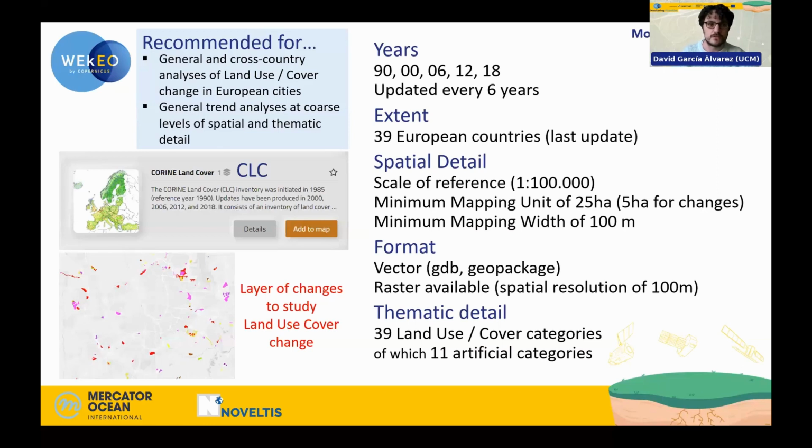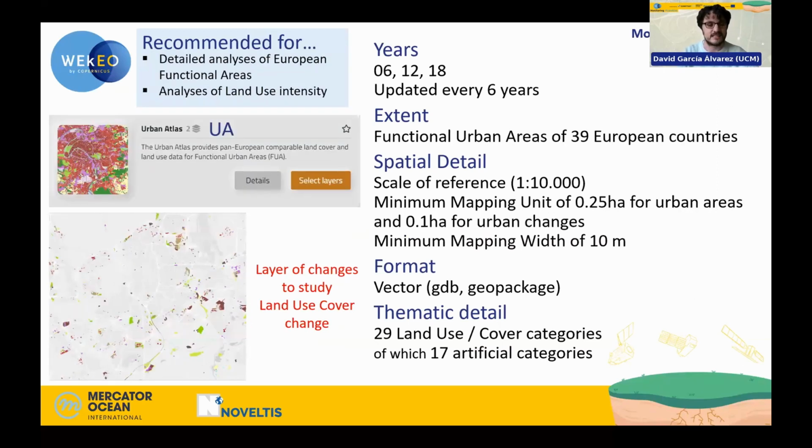For this, we would need to use the Urban Atlas, which is quite similar to Corine. It also differentiates between different land use or land cover categories, what is industrial, what is residential, what is an urban park, etc. And it also gives us some information about land use intensity. In this regard, it has several categories that allow us to differentiate between different grades of urban fabric density. In terms of spatial detail, it's 10 times more detailed than Corine Land Cover and also provides more